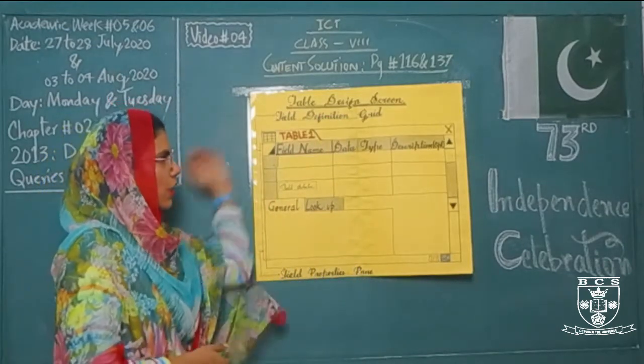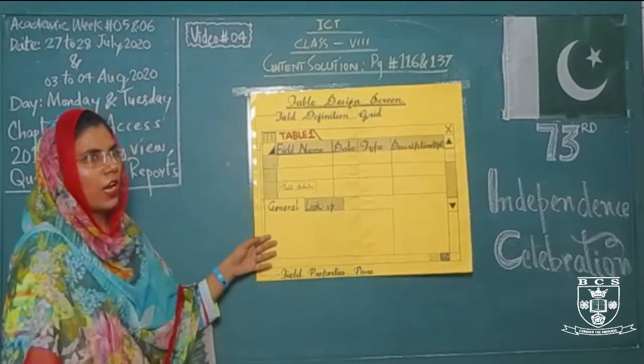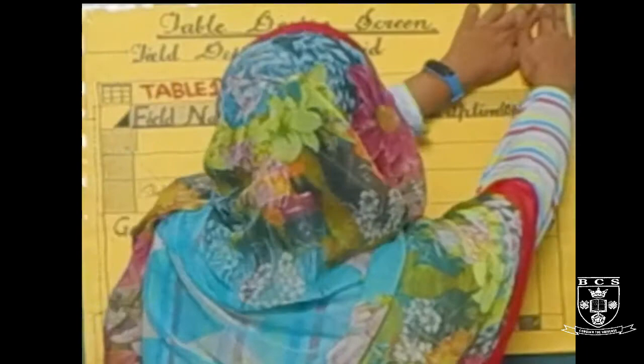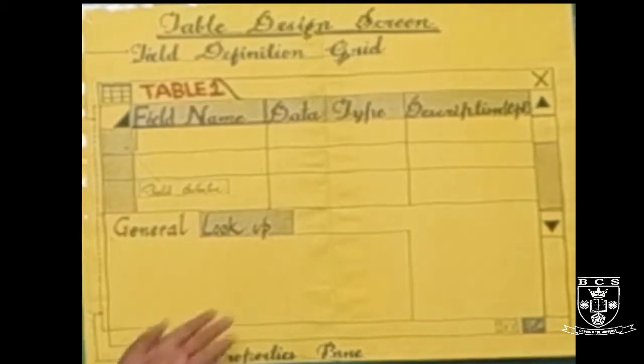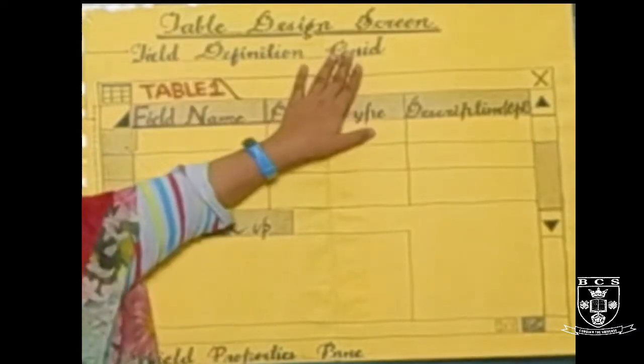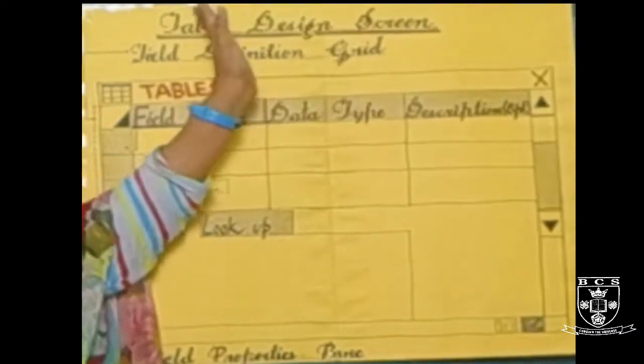Now today we are starting our class with this particular sheet, and as you can see, this is a sheet for table design screen. Whenever we have to create any particular table, firstly we have to click the create tab, and right after that with the help of the two different options that are present in the create tab, that is table and table design, if we click the table button, we have a table on our screen in the form of the datasheet view, and if we click the table design button, then we have the screen in this particular form. So this is your table design screen that appears right after clicking the table design button.